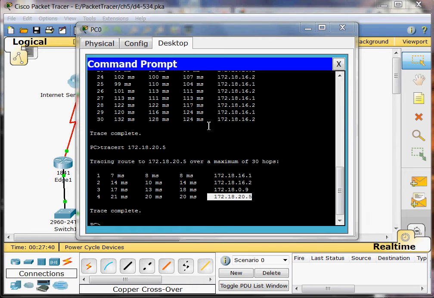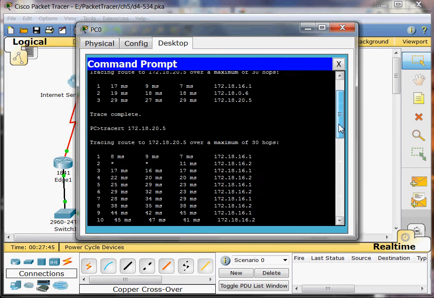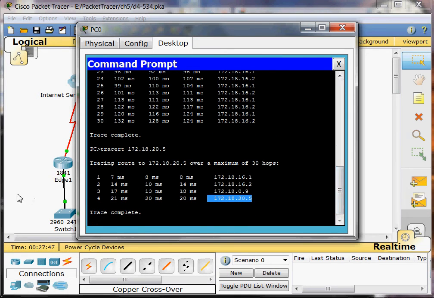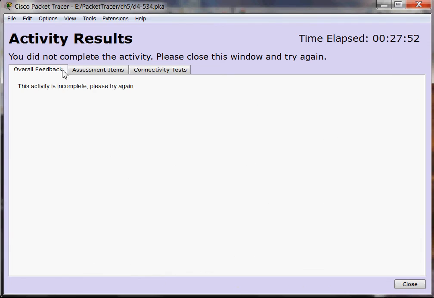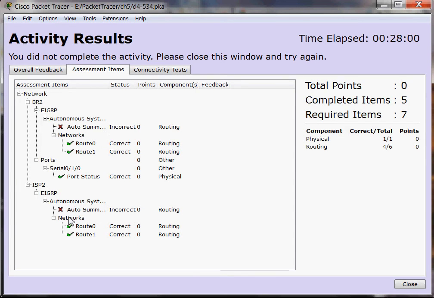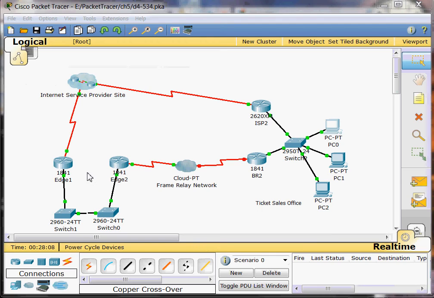Let me check my results. Okay, so the auto summary is incorrect. So let me go back here. Okay, so we need to go in and shut off the auto summary. So let me go into BR2 right quick